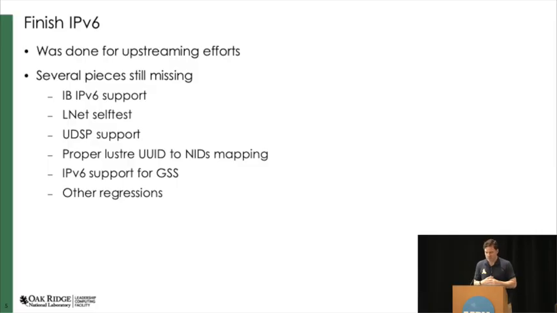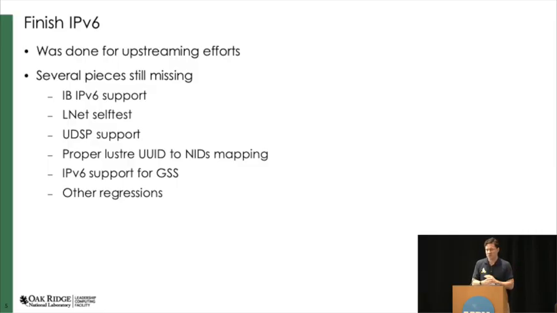And lastly, now that I'm almost finished with all the kernel cleanups and everything, I'm actually going to be looking back at IP version 6 and trying to figure out resolving problems. So one of the things is the InfiniBand driver needs IP version 6 support. LNet self-test, which I'm starting to submit patches for, doesn't support IP version 6. And there are a lot of internal changes for that. DSCP support also. And then, of course, Andreas brought this up about the Lustre UID to NID mappings. So that needs to be resolved.